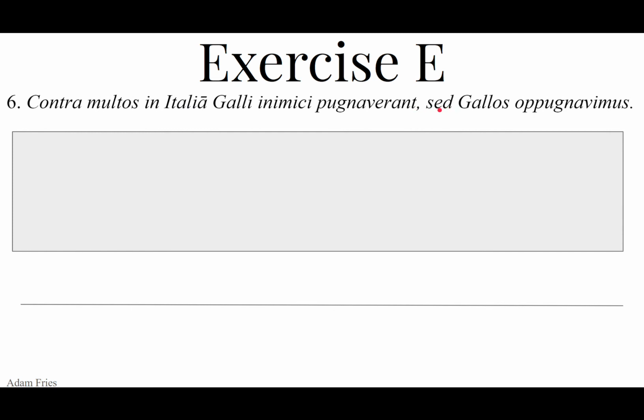Comma, conjunction, but, one T. Now you perked up. Said, but, Gallos. Gallos once again, the Gauls, probably referring to the same ones. The Gauls, accusative, plural, masculine. Probably going to be the direct object, because I don't see a preposition around, and it's accusative. Direct object of some verb, like right here, oppugnavimus, first person plural, perfect active, of oppugno, oppugnare, oppugnavi, oppugnatus, which means to attack, to assault. Not just pugno, but ob-pugno, to fight against, to go up against. But we attacked the Gauls.